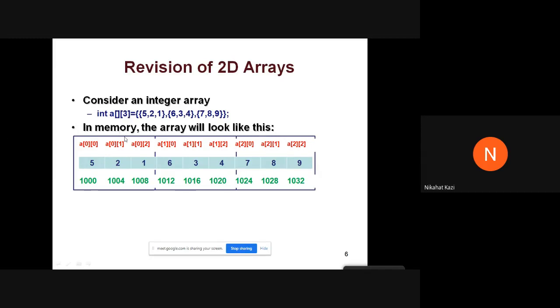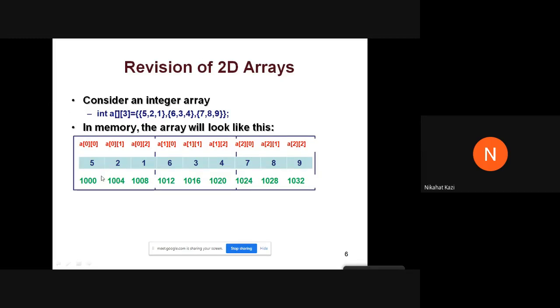Okay. Now in memory, you know that a 2D array is stored as an array of arrays. You can assume that as a large array which consists of 1D arrays. You can see this entire array A consists of several such 1D arrays. How many such 1D arrays? Row number of 1D arrays. Since this array A consists of 3 rows, this is the first row, this is the second row, and this is the third row. In memory, these rows are stored one after the other. This is how it is stored in memory.